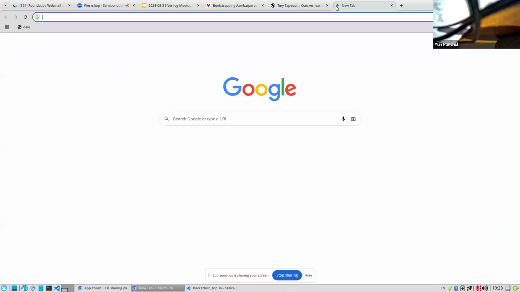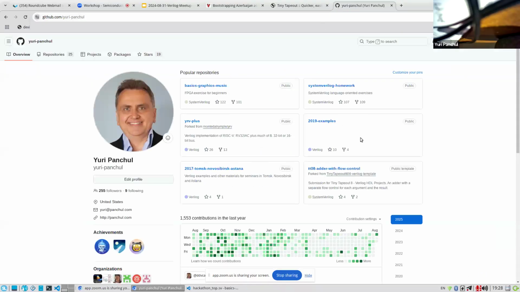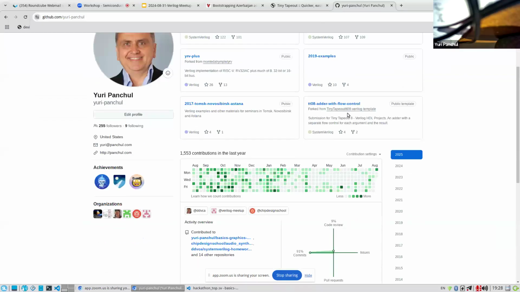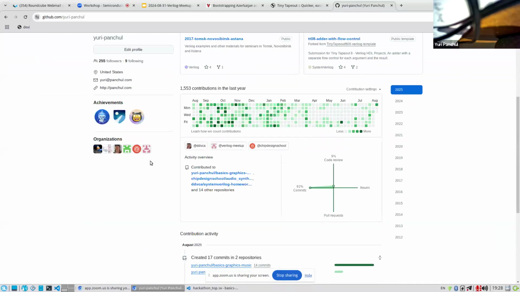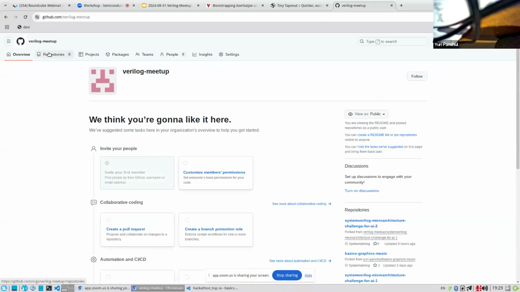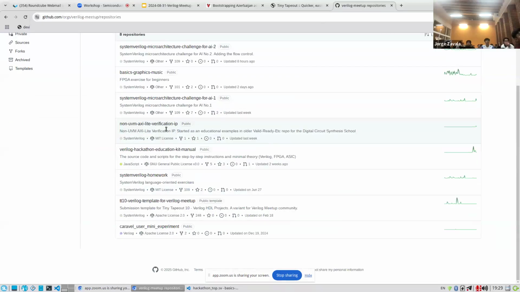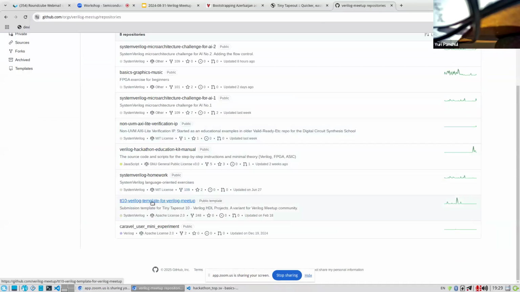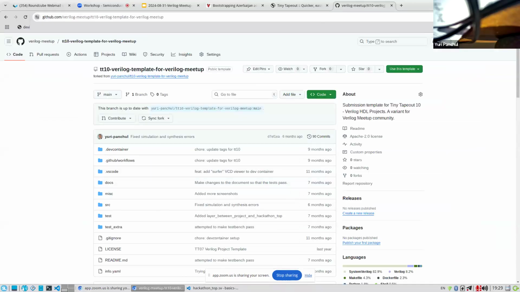In order to do this, you first can practice on an FPGA board, and once you practice on the FPGA board, you can use this Verilog template for the Verilog meetup.